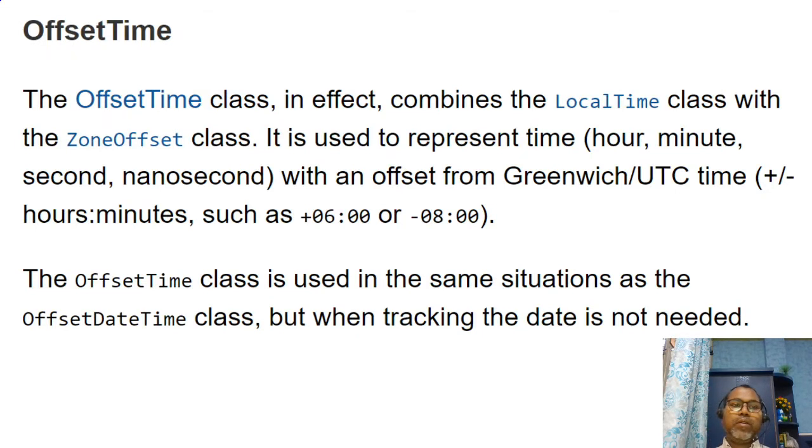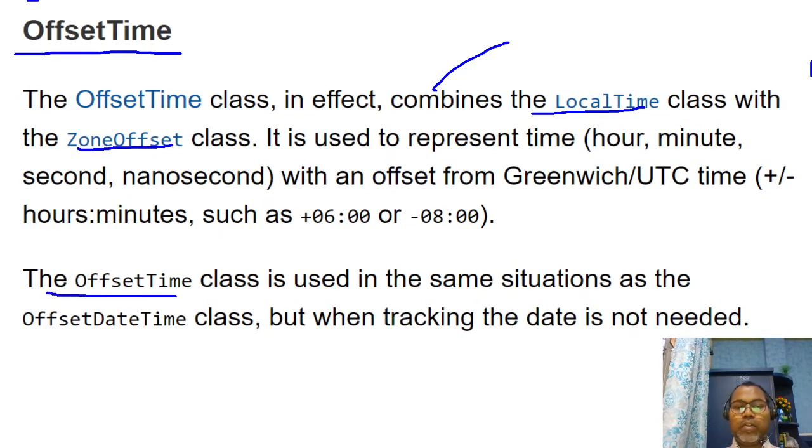And similarly we have offset time as well. This is just like local date for offset date, and similarly we have the concept of local time, where I only want to manage time. So you use the local time class and the zone offset. With the combination of these you can create any number of plus or minus UTC offsets. So you can say the offset time class is used in the same situation as offset date and time, but